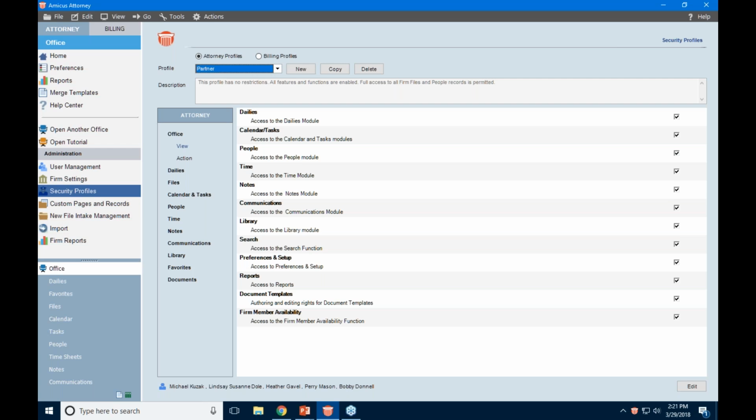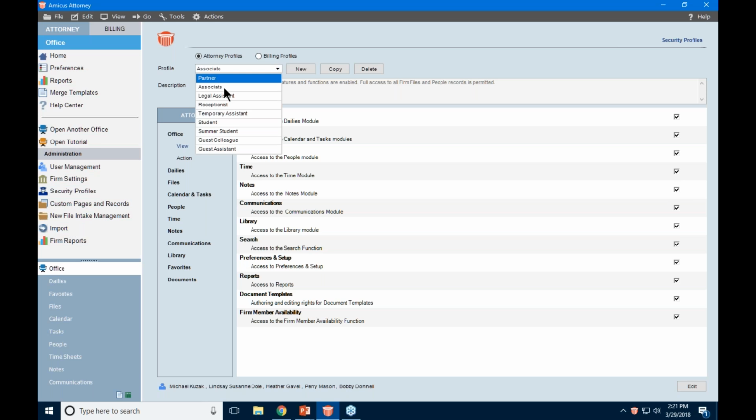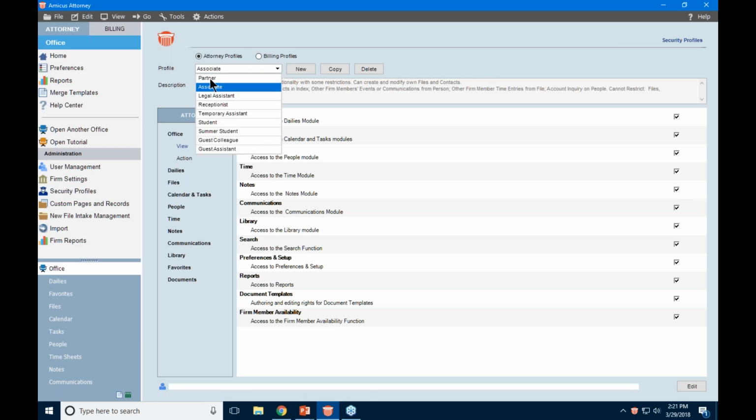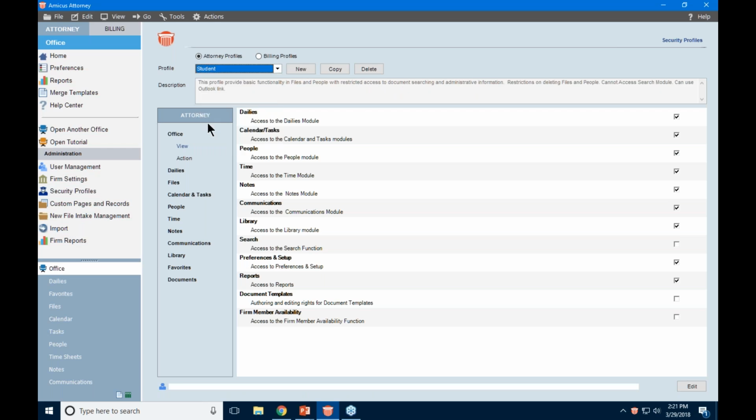In addition to that, a firm administrator can really either grant additional access or restrict access to the application based on a security profile. Those security profiles, as we saw, are available here under administration in your navigation panel. And from here, you can view a number of profiles that come with Amicus Attorney. Partner is the highest level and student is the lowest level. And basically you can